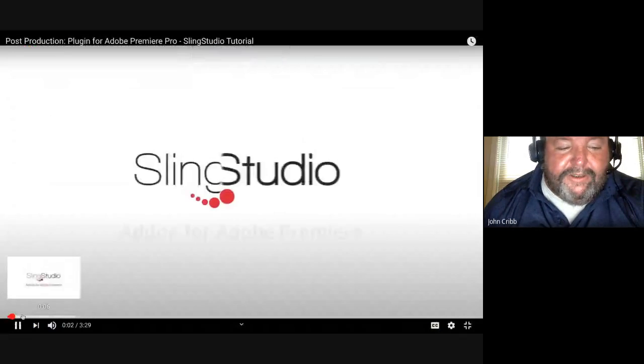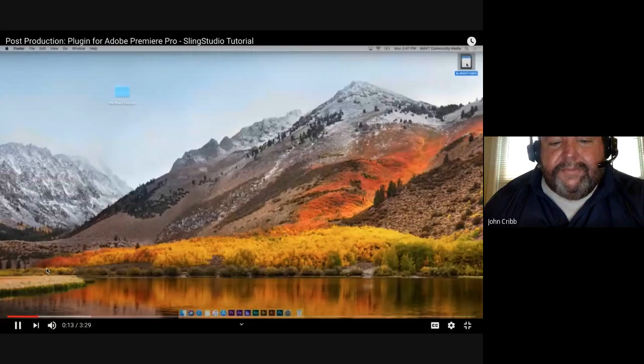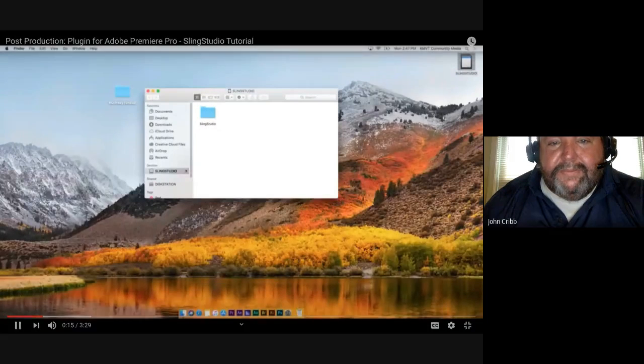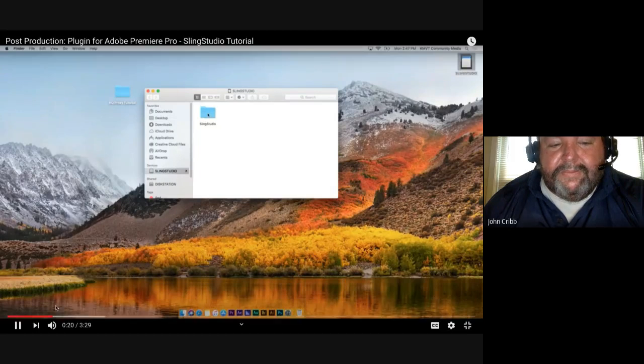So in this Sling Studio tutorial, we'll look at the exchange. Start by locating the project you recorded on the Sling Studio. Remember, the add-on does not move or copy the project files, making it a best practice to move the